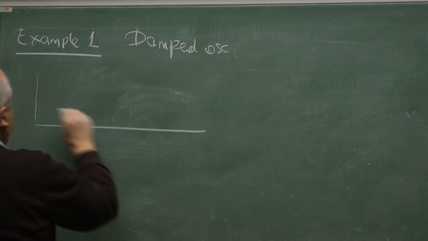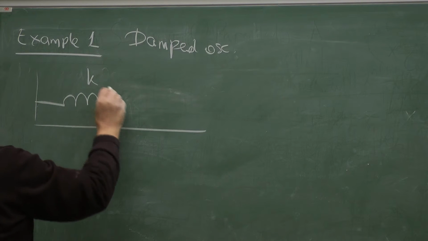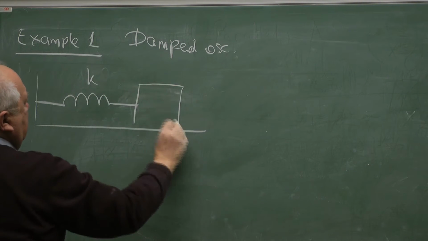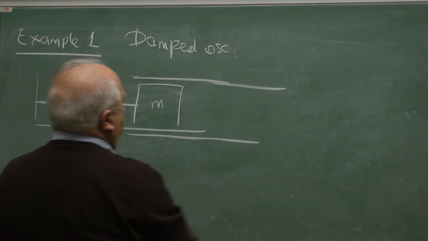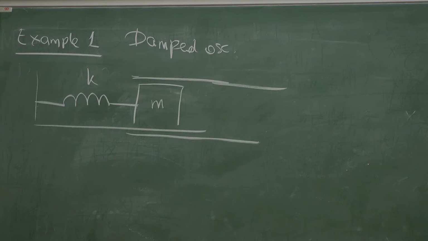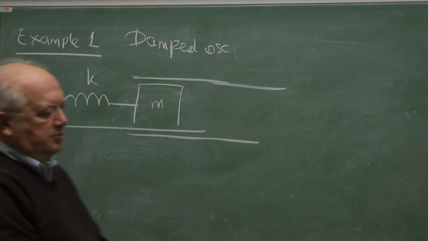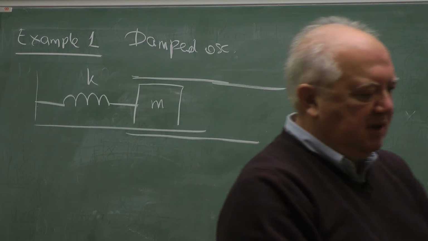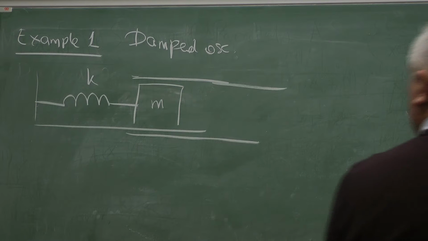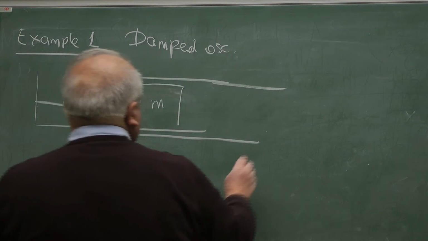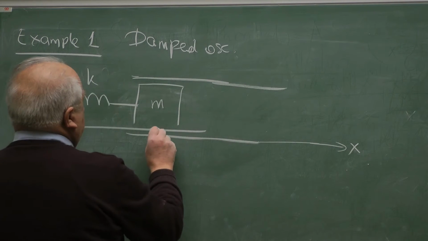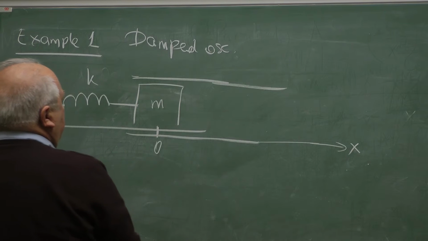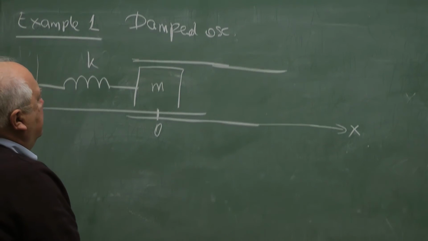So the example is this. Here we have a spring. There's a mass m. It is moving in an environment which applies a friction force, as we studied, proportional to velocity, but in the opposite direction. And initially, this is the x-axis, and this is the 0. So the oscillator is at rest,